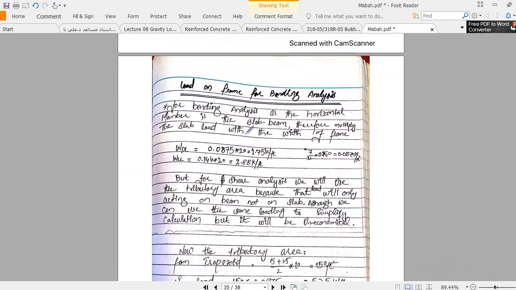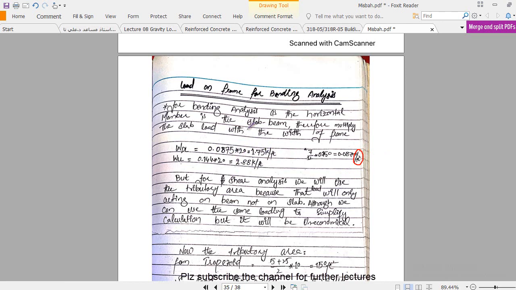For bending analysis, we have the slab load, ignoring the other finishing loads, etc. If those loads exist, you have to find them and find out the total dead load. Then live loads, and you have to multiply those loads, because those are the loads which act per square feet. So for square feet you have to multiply that load with the width of the beam,